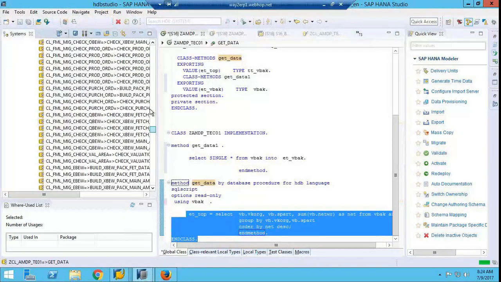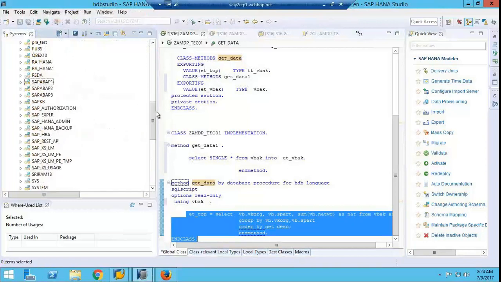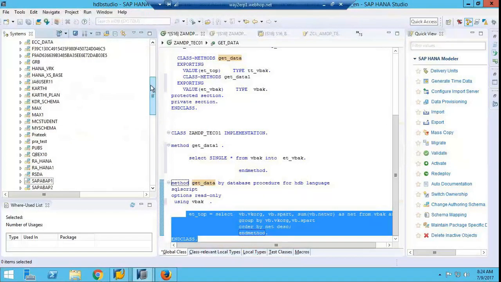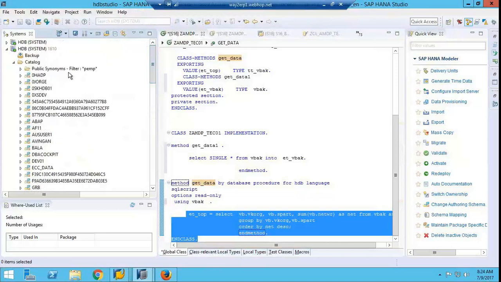Here I select the particular database. Here right click.